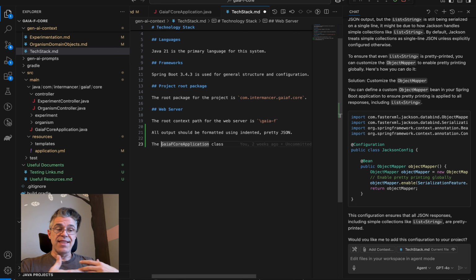I had just allowed the system to generate that, and I've been going with it ever since. So this is the first time that I'm explicitly mentioning this class, and I want to include the fully qualified path for it, the package for it. So the com.intermancer Gaia F core